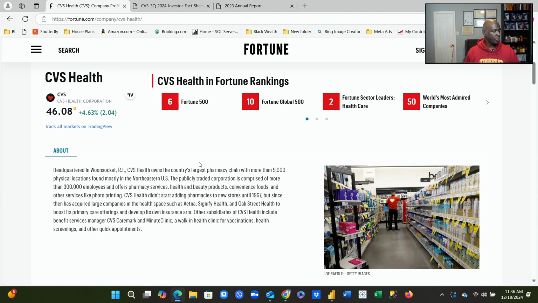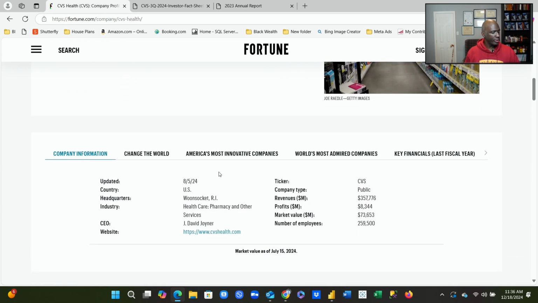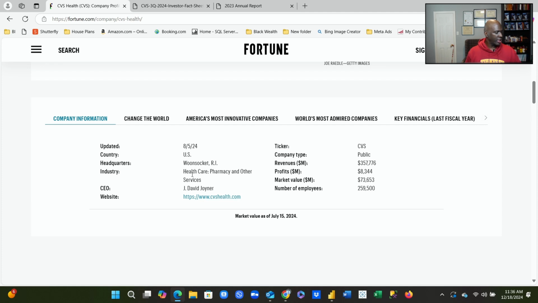Before we move over to the annual report, we're just going to scroll down on this particular document on the website, and we're going to see if there's any other documentation that we would like to use as potential key performance indicators. So as we see here, we're looking at basic company information, updates, country is U.S., headquarters looks like Woonsocket, Rhode Island, industry healthcare, ticker is CVS, company is public, revenue is 357 million, profits is 8 million,